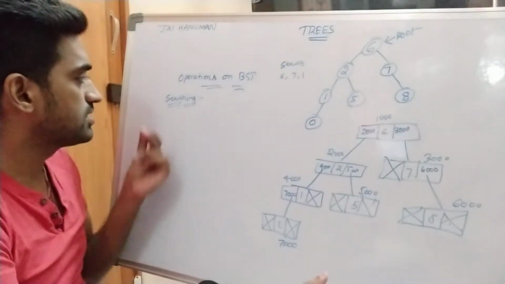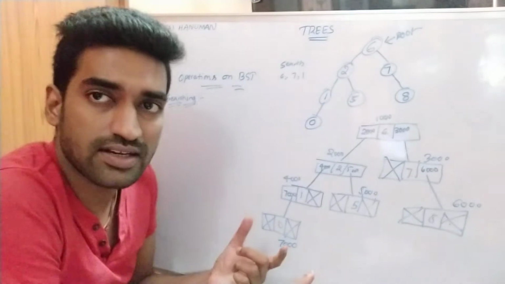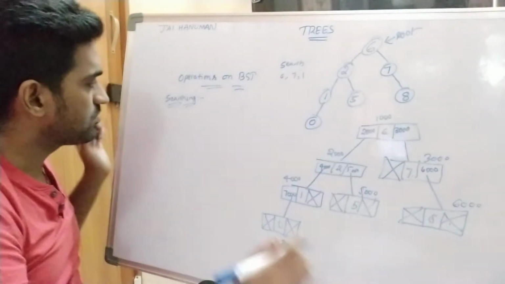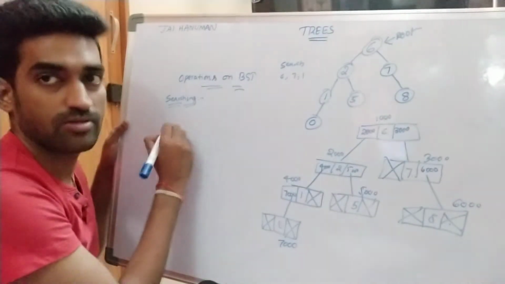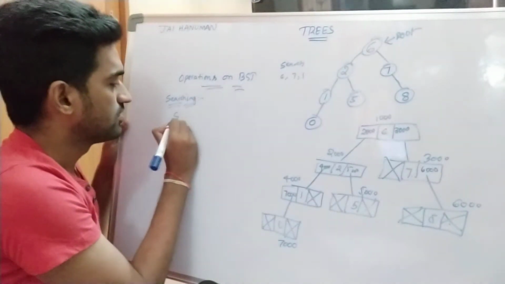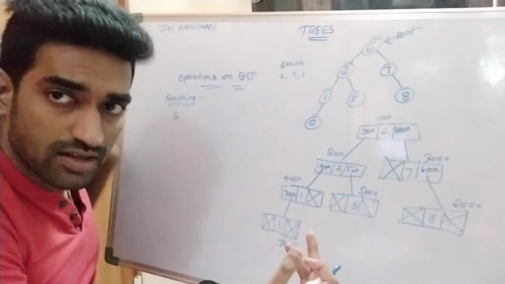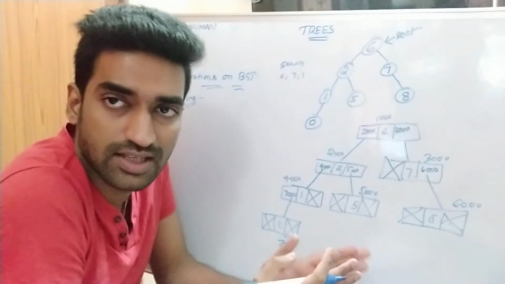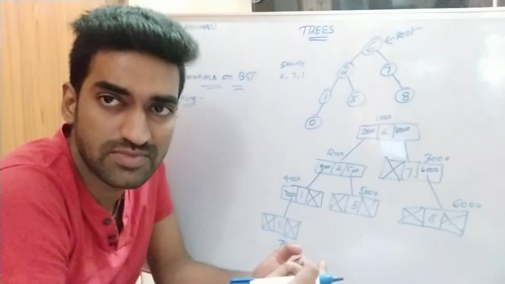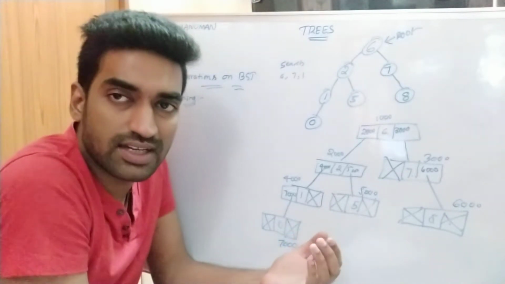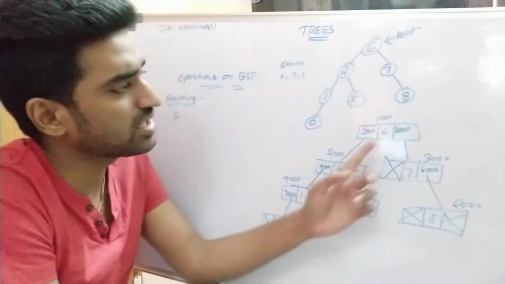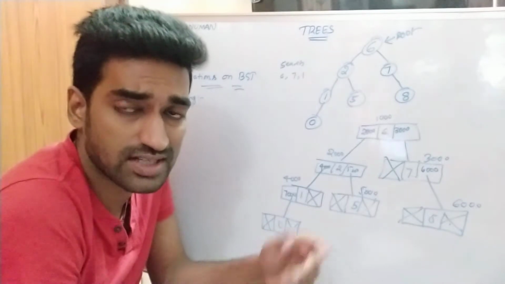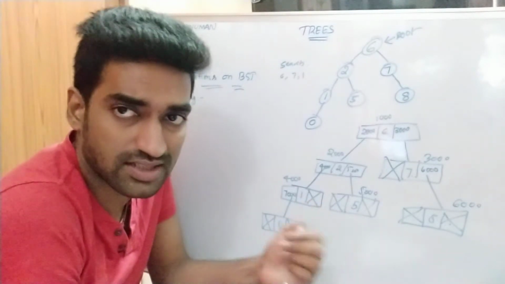What is the main purpose of searching? To search for an element or node in the tree, right? So here I am writing the algorithm for the searching operation. For node creation we are using a structure. A structure is a collection of heterogeneous data items which stores different data items. Here I am storing the data part as well as the address part, so that's why compulsorily we are using structures, right?